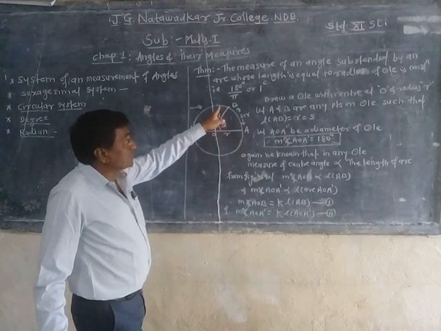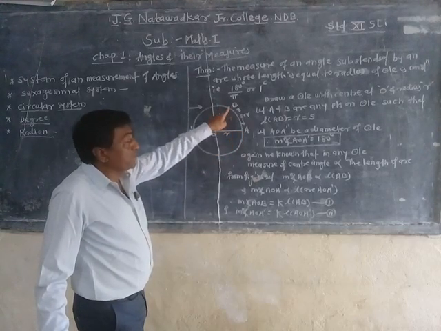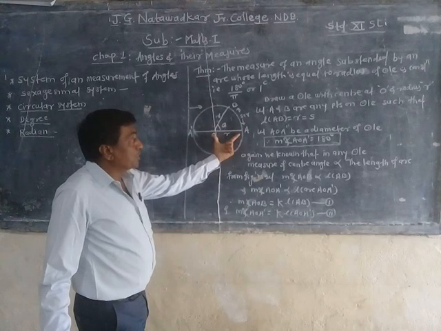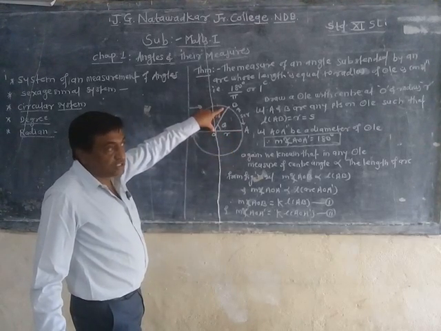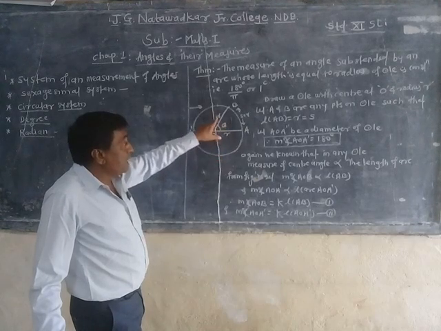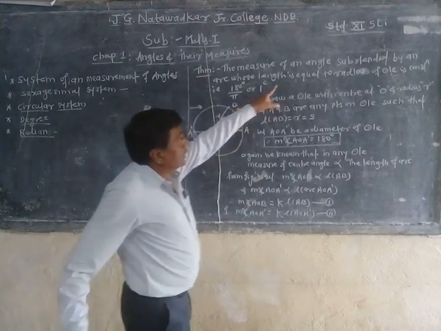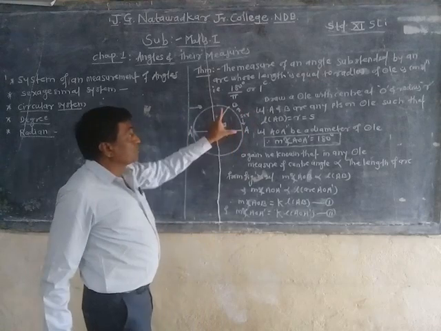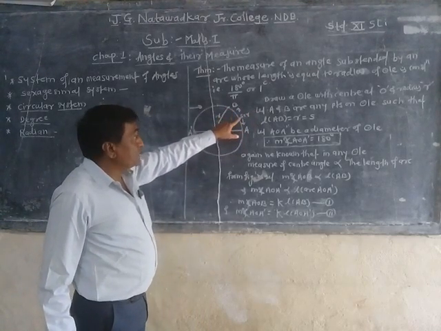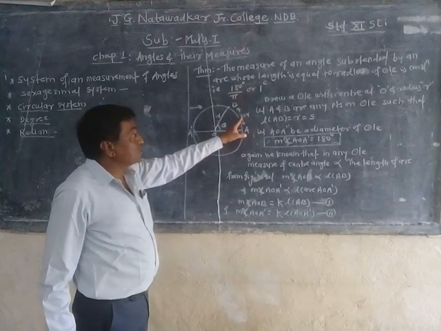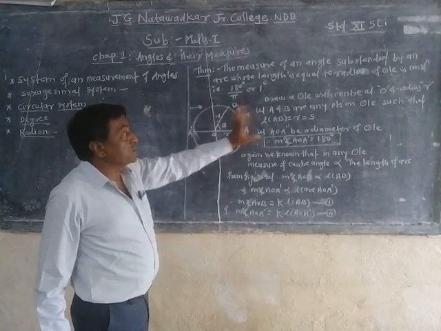I will take two points on the circle, point A and point B, such that OA is equal to the radius and OB is equal to the radius, and radii of the same circle are the same. That's why I will denote this by R. Again, I will give the condition in the theorem, that the radius is equal to the arc length. The arc length is AB, and I will denote it by S, and by the given condition, S is equal to R. So I will mention all these things here.